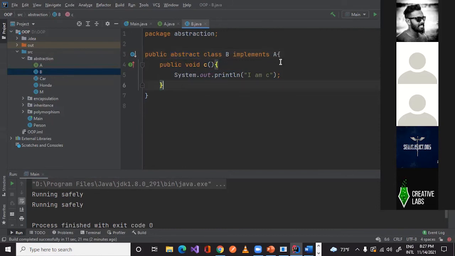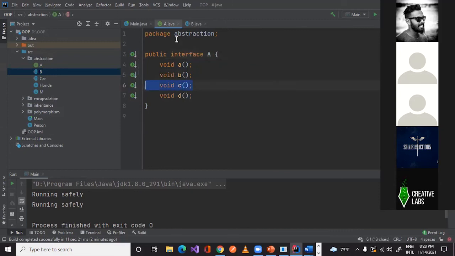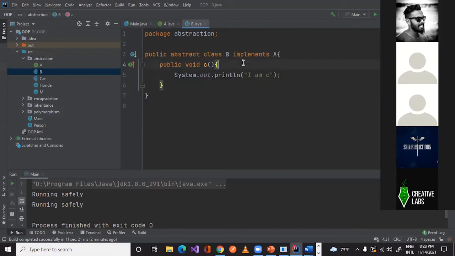Earlier, if we are using extended classes, we use the keyword extends, but if we are using interfaces, we need to use the keyword implements in Java, right? So here again, we have this class B, which implements A. That means this class B should implement all the methods of A, but for the method C inside this A, what we have done is we have overridden it in the class B itself.